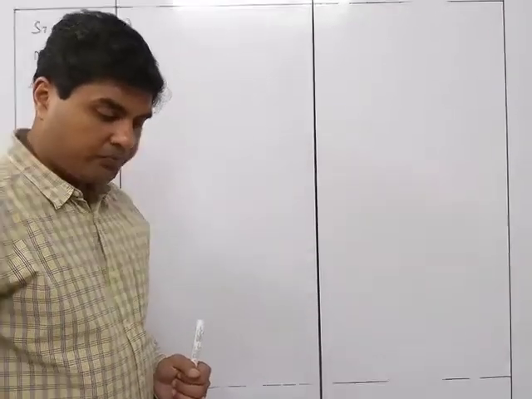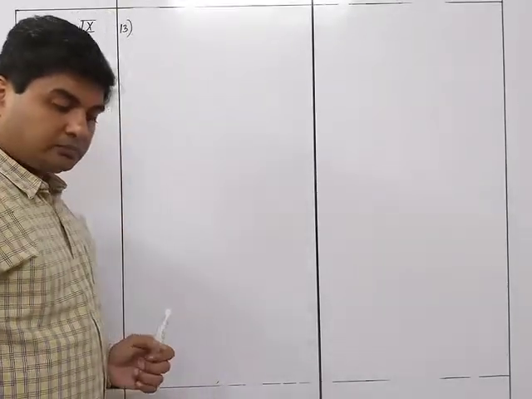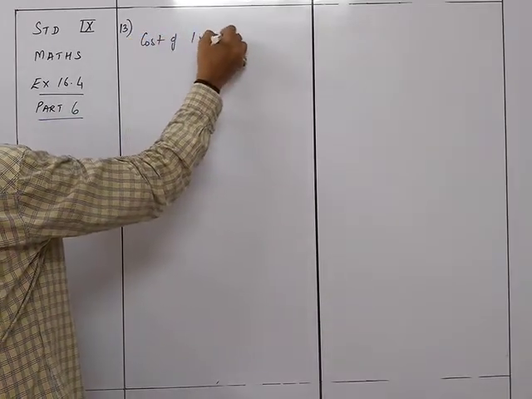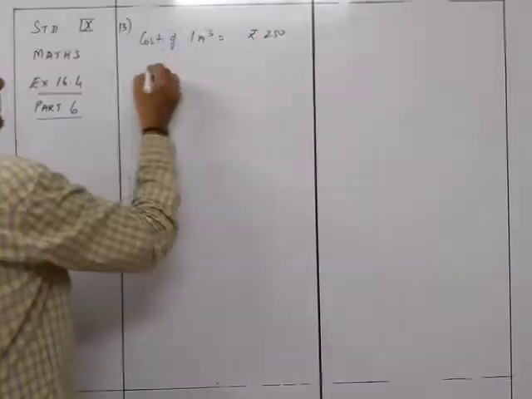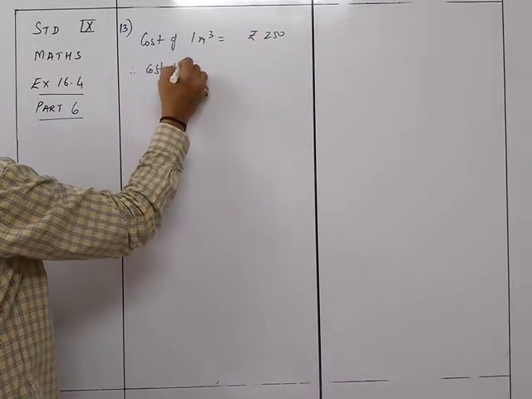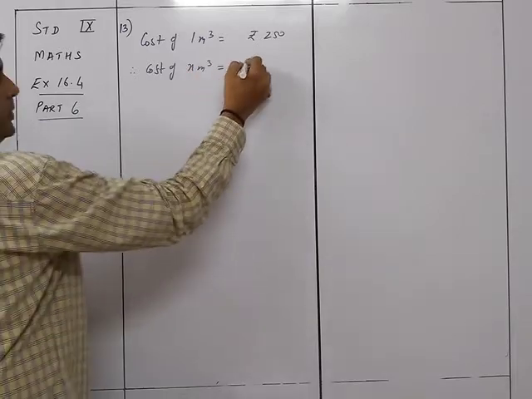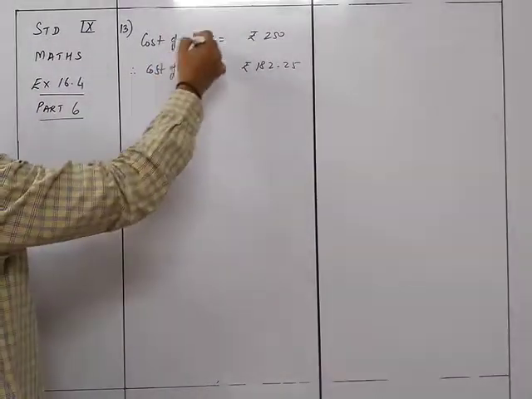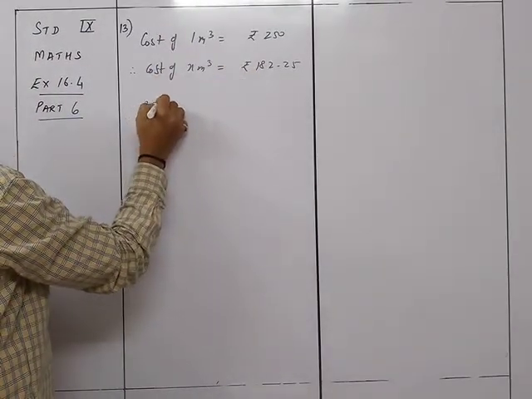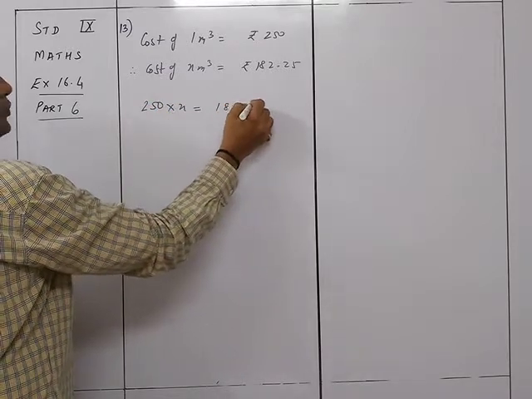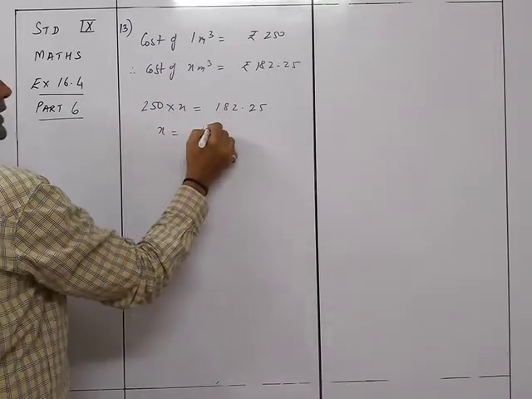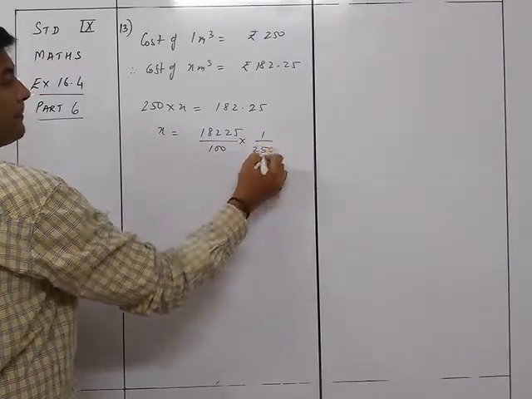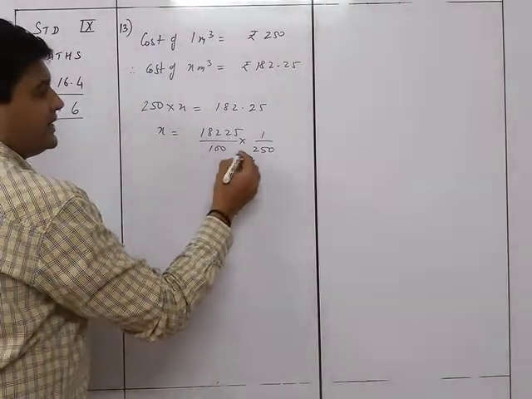So you got over here that the cost of 1 meter cube is equal to rupees 250. Therefore, cost of x meter cube is equal to rupees 182.25. So we know over here that 250 into x is equal to 182.25. So x is equal to 18225 upon 100 into 1 upon 250. So we take it as